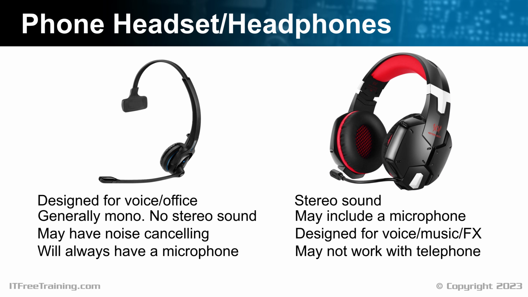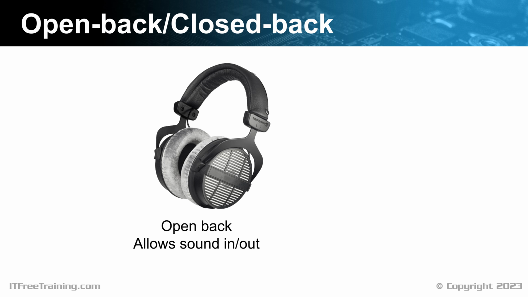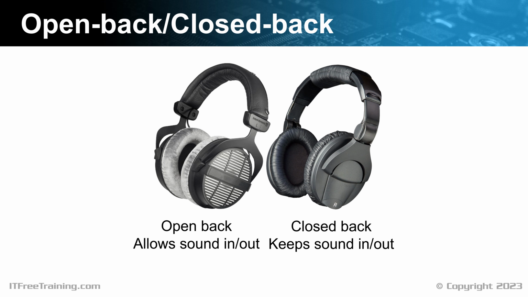Let's have a look at some of these. The most noticeable difference when purchasing a headset is whether it's open-backed or closed-back. As the name suggests, an open-back headset is not enclosed. Around the speaker, there will be holes or gaps that allow sound to travel in and out of the headset. By contrast, a closed-back headset is fully enclosed, thus the sound is kept in and it also stops sound from entering the headset. Each has their advantages and disadvantages.